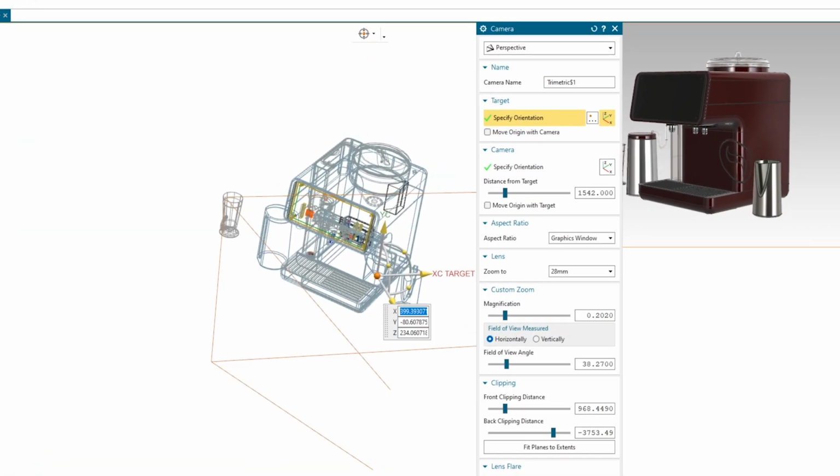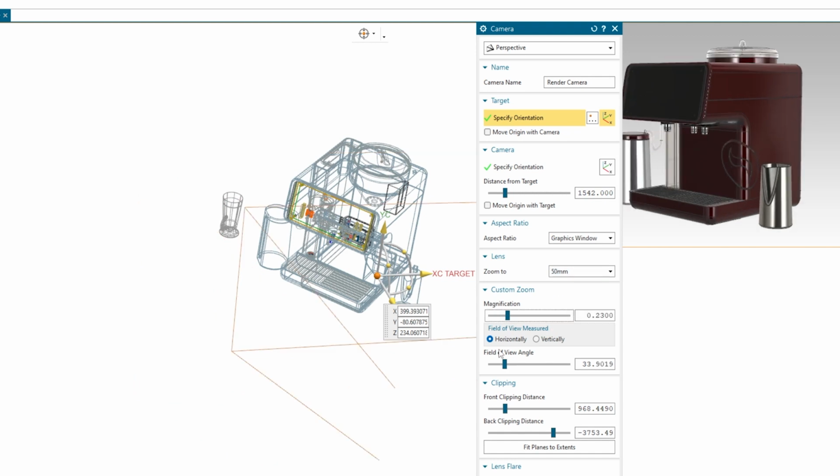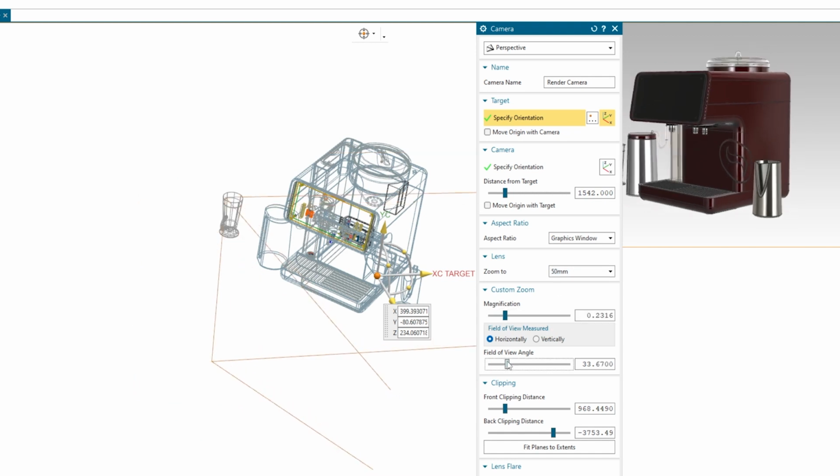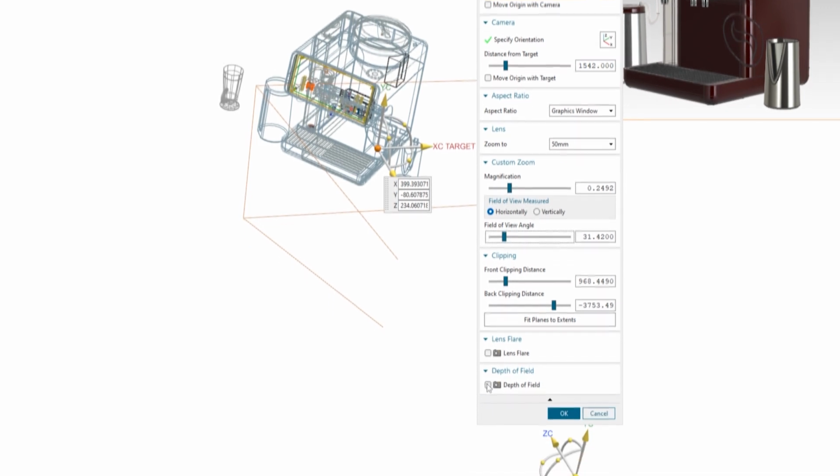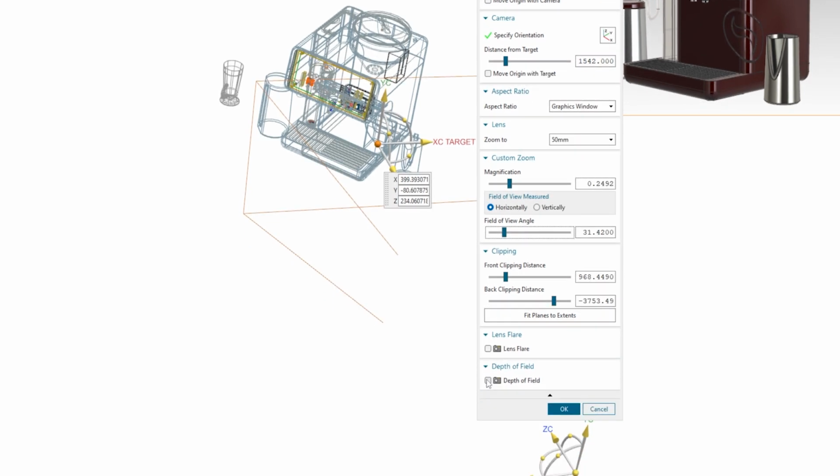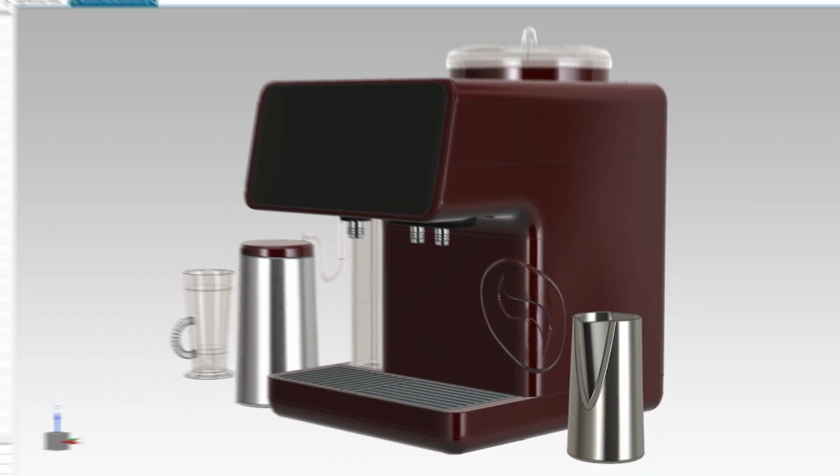The pop-up will give us a number of options for customizing our camera settings, and we can fine-tune its position in the viewport. There are several presets for focal length, but if none of them are quite right, you can manually dial it in using the Field of View slider. We can also change our depth of field, and in this case, we'd like a shallow one. To achieve this, enable the setting, choose a low aperture, and input a focus distance. In most cases, it's easiest to copy and paste this from the distance from target value.